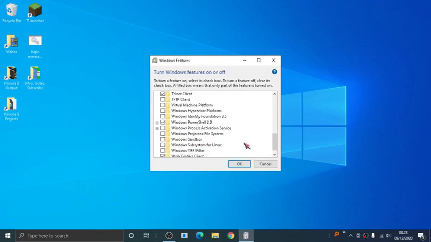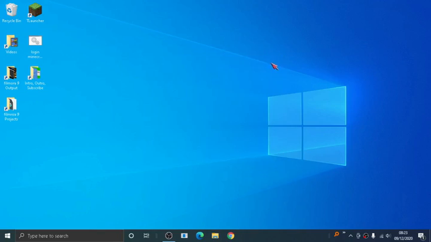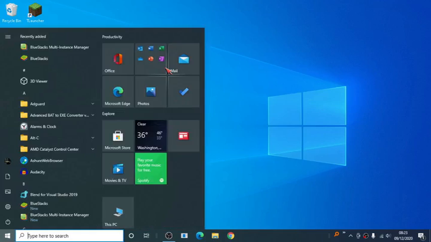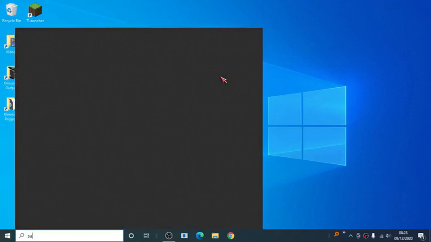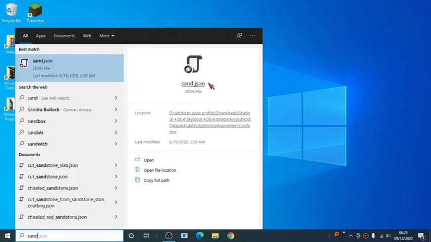Now after you check, you click OK. After you click OK, it will wait, like it will search for the installation. After installation complete, it will ask you to restart your operating system. Go ahead and click restart, and after the restart completes, search Sandbox and it will appear on the